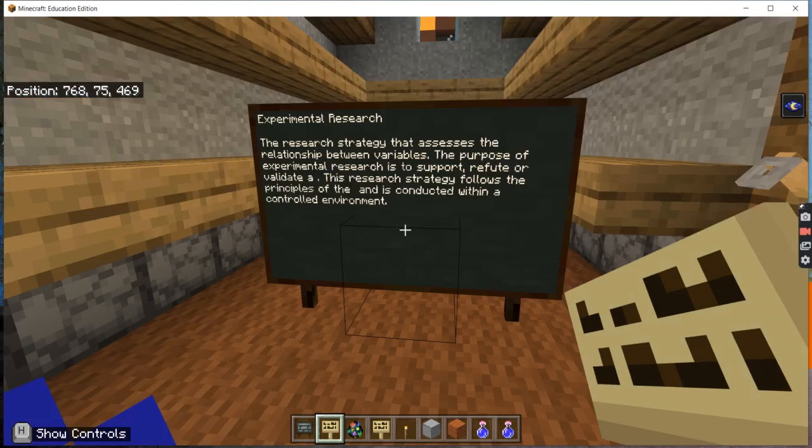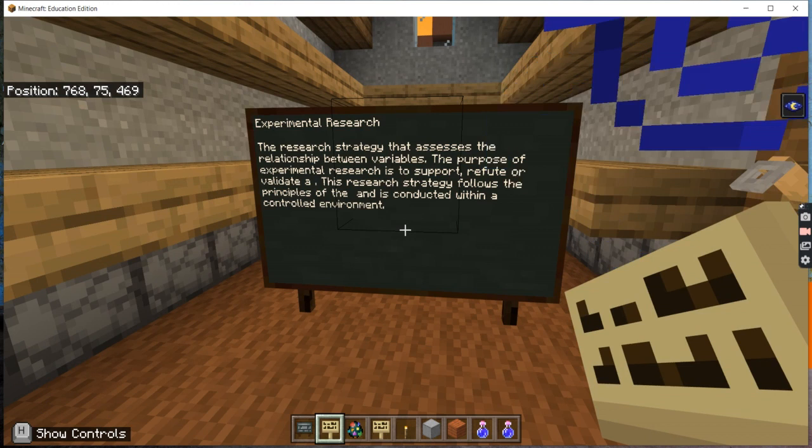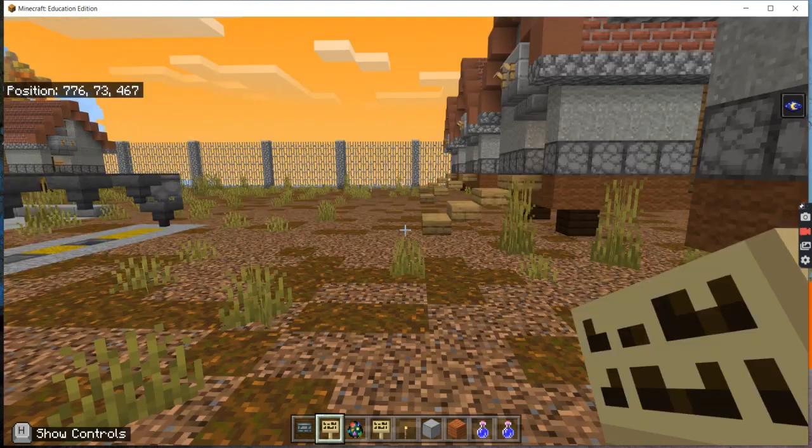It analyzes or validates the hypothesis. Moving on